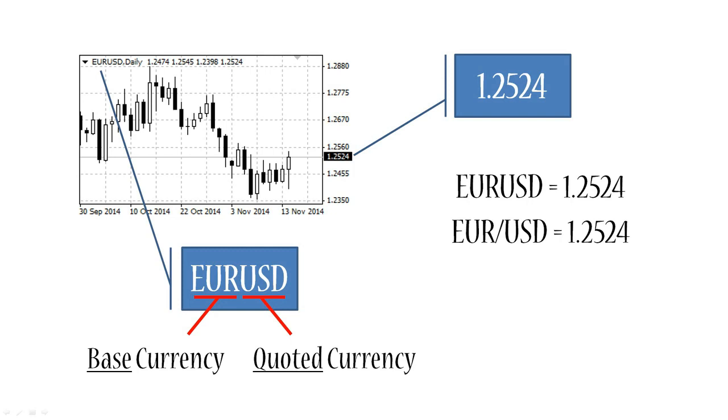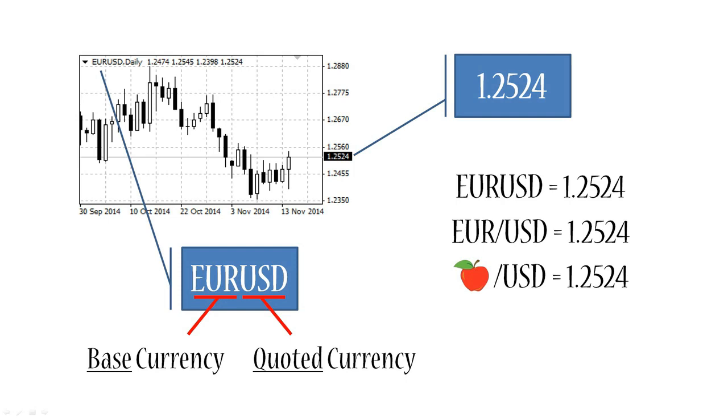Now let's quickly simplify this example to understand it a bit better. Let's replace the euro currency with apples, and let's say that we are quoting the price of apples in US dollars. Personally, I really like this approach because it takes one of the unknowns out of the equation. If you think about it, euro, like any other money, is a tangible object. You can hold it in your hands, you can measure it, you can weigh it up, and you can count it. It's something that actually or physically exists.